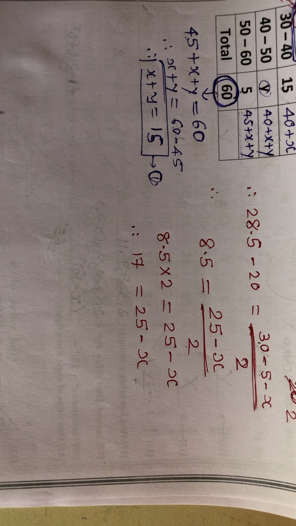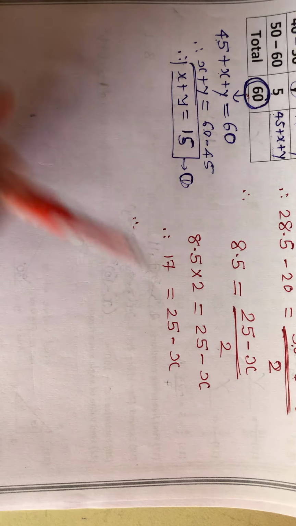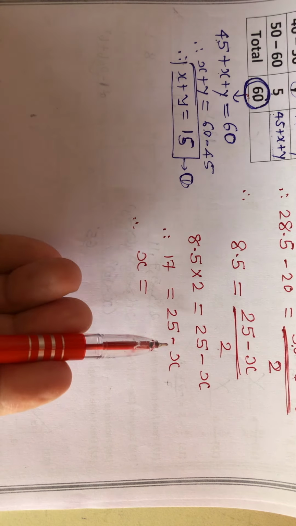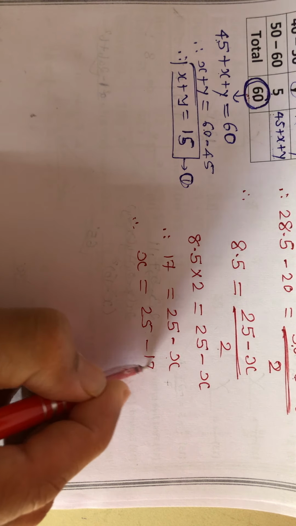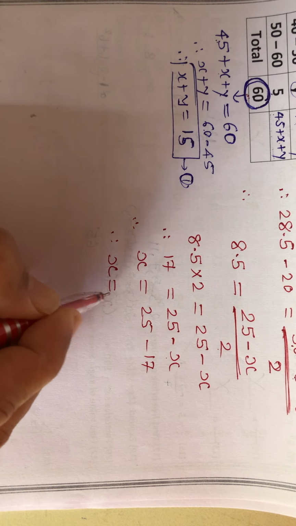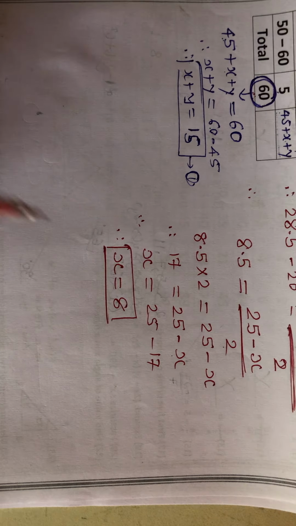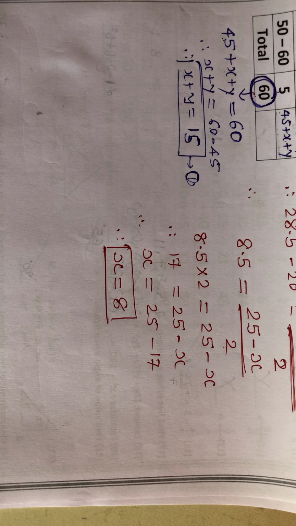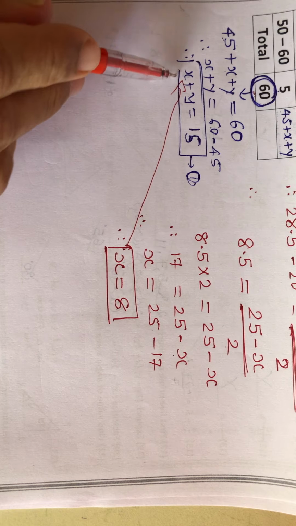Right? Now we want x from this. So minus x becomes plus x because it goes to the left hand side. 25 as it is. Plus 17 becomes minus 17. So 25 minus 17, the answer is 8. Again 25 minus 17, the answer is 8. So x is equal to 8. We want x and y both, then what to do? Substitute x is equal to 8.